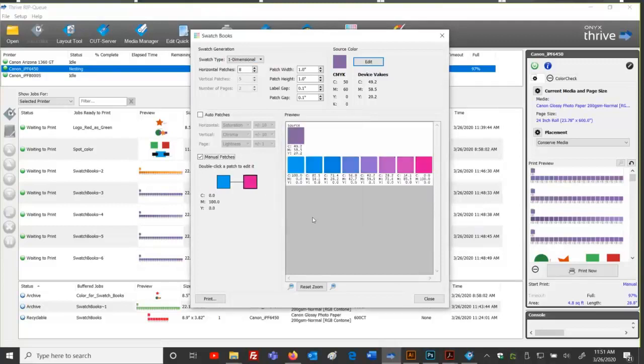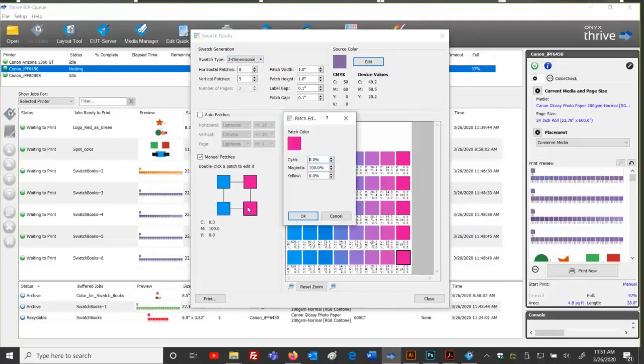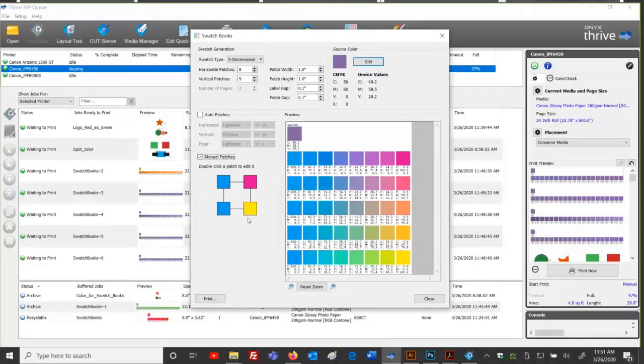If I did something like that, it will calculate between those patches and make those changes. Or if I said I want to be two-dimensional and I change the recipes, this would not make sense color-wise, but I want to show you the software does not limit you. It doesn't stop you. It doesn't say, hey, that's crazy. Why would you go from a blue to an orange to a red and all that kind of stuff? It's going to let you do what you want.